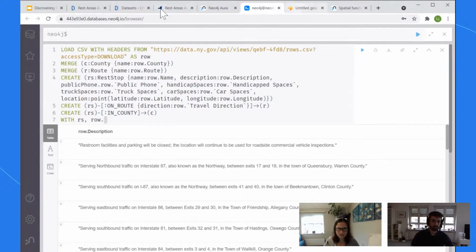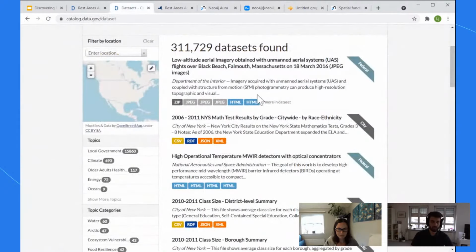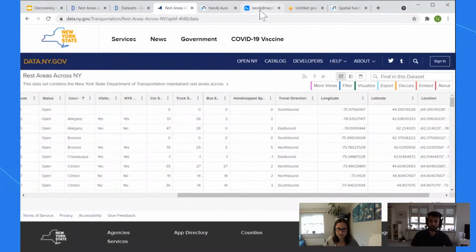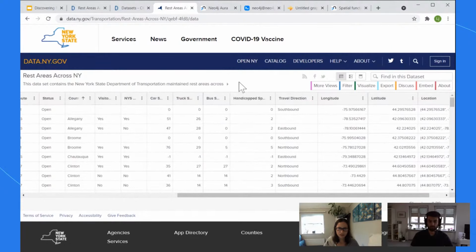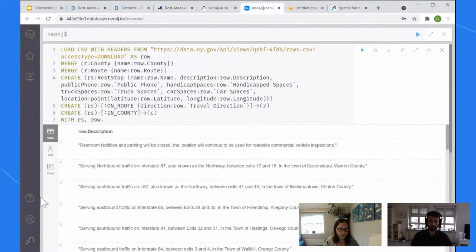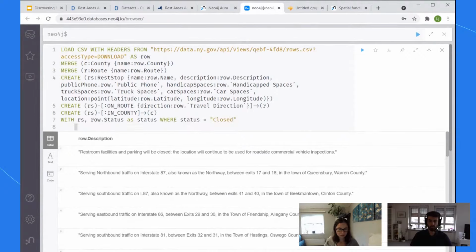Was it closed status? What did we call it? It was just status. Status open and closed. And is it a yes, no? It just says open. Open and closed, yeah. Okay. Sweet. So dot status where to closed